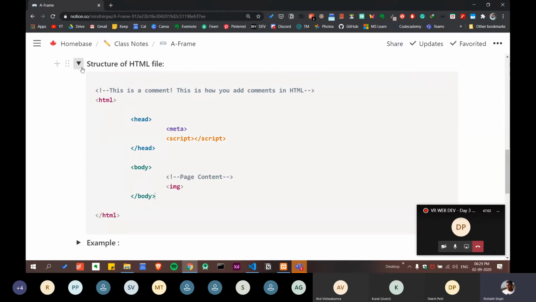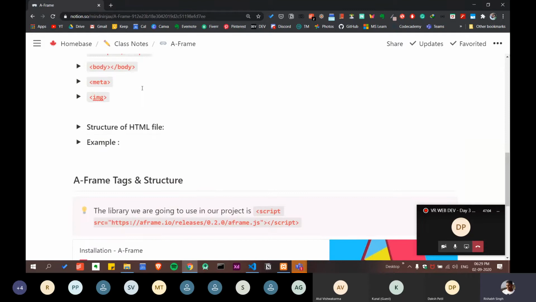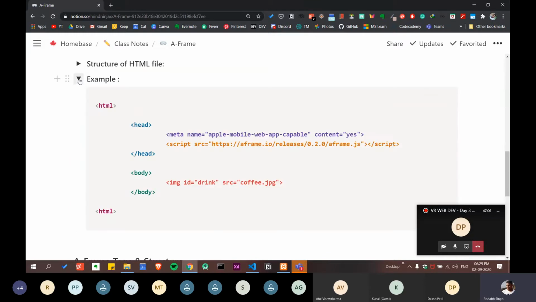Now let's see an example of the same. So let me just open this. Okay, and this is the example of the HTML. As you can see, this is the HTML tag. The HTML tag is simple. The head tag is nothing. And then in the meta tag we have added the name and content. These two were attributes of it.